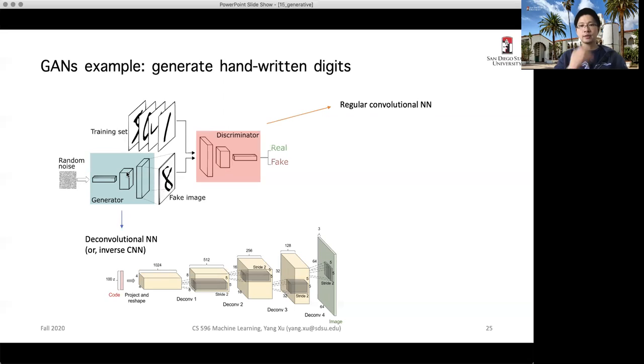The discriminator uses a regular convolutional CNN, but the generator needs to take some small inputs and gradually grow those inputs into larger but thinner images. Which is a reverse version of the convolutional neural network, which we can call a deconvolutional neural network. Nowadays we already have very convenient implementations of this deconvnet in mainstream machine learning frameworks.